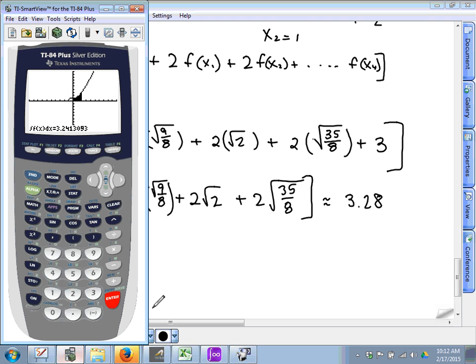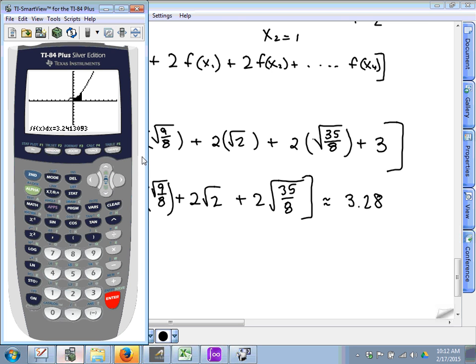Now, I'm just making you aware that on your test, this answer here might be one of your answer choices. If you choose this one, that just tells me you used the calculator and you didn't know how to use this, and you won't get the answer correct. You guys understand what I'm saying? You can use a calculator to help check your answers, but